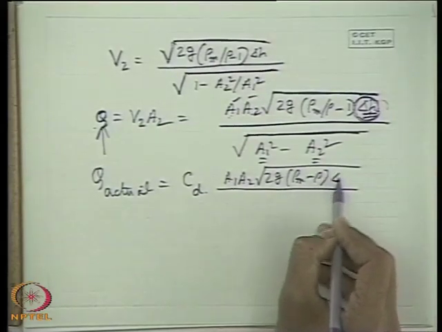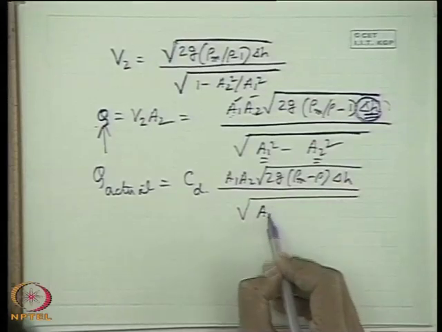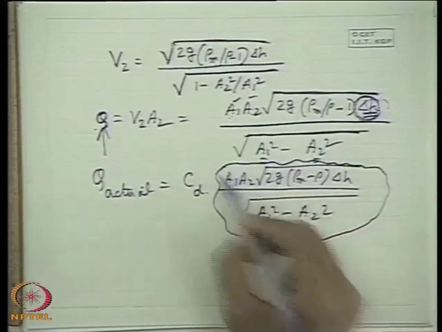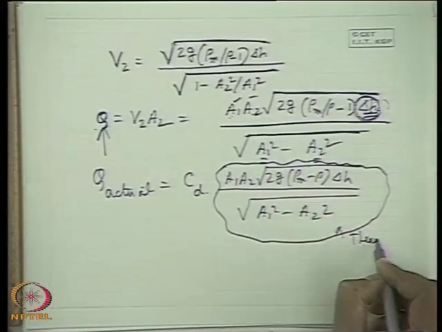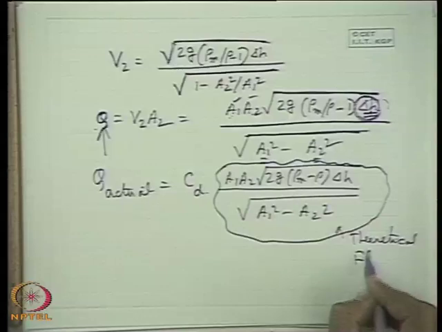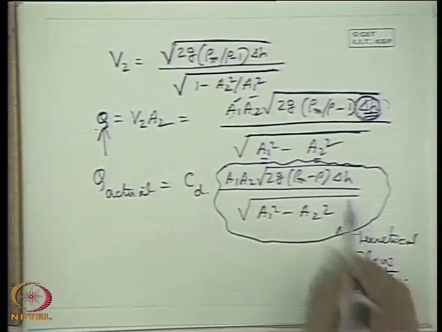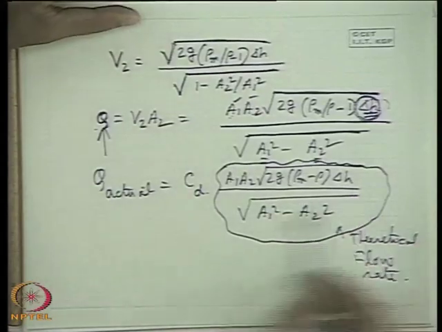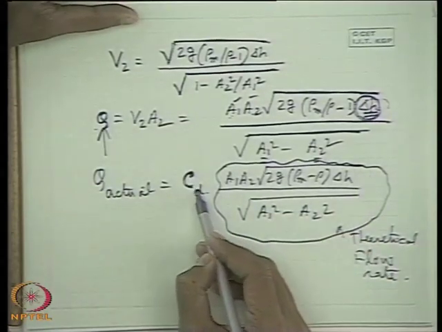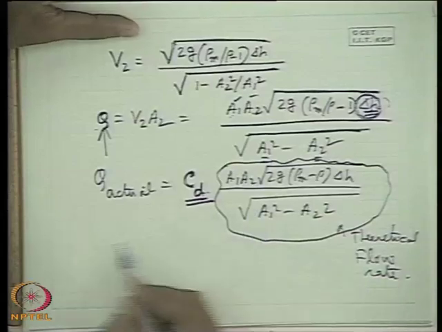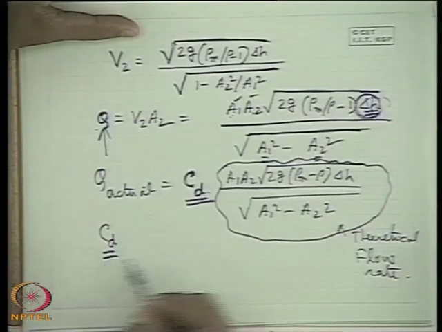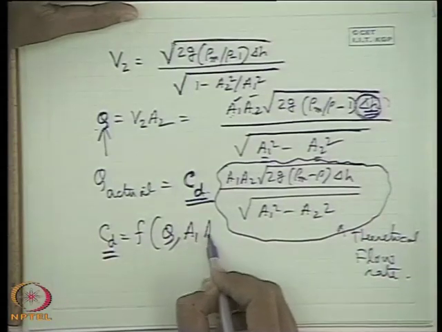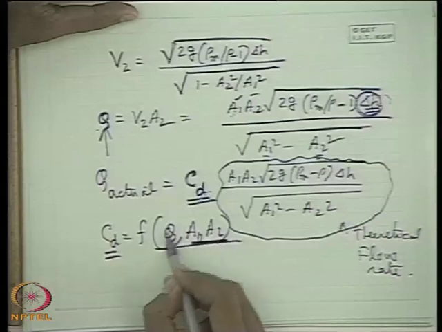So if we calculate from this formula the flow rate, this gives you a higher flow rate. This is sometimes known as theoretical flow rate. That means flow rate which is calculated by considering the fluid to be inviscid but substituting the pressure drop from the real fluid measurement. So therefore this gives a higher flow rate. So this is multiplied by a coefficient of discharge CD, and this coefficient of discharge depends upon the flow rate, depends upon the area A1 and A2 of the venturimeter. That means venturimeter geometry and flow rate.